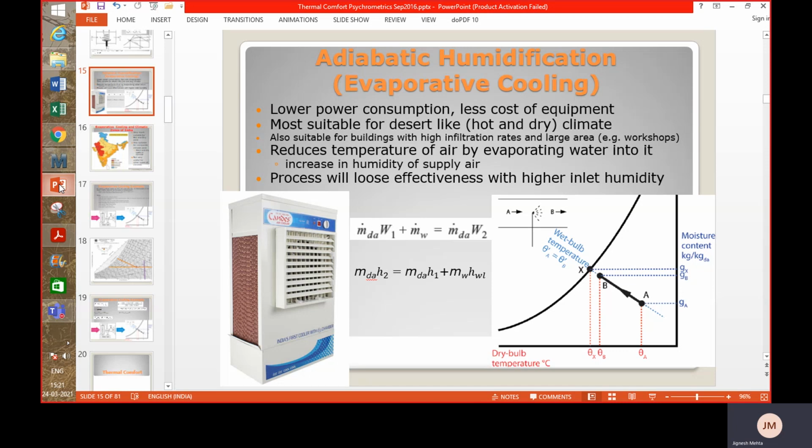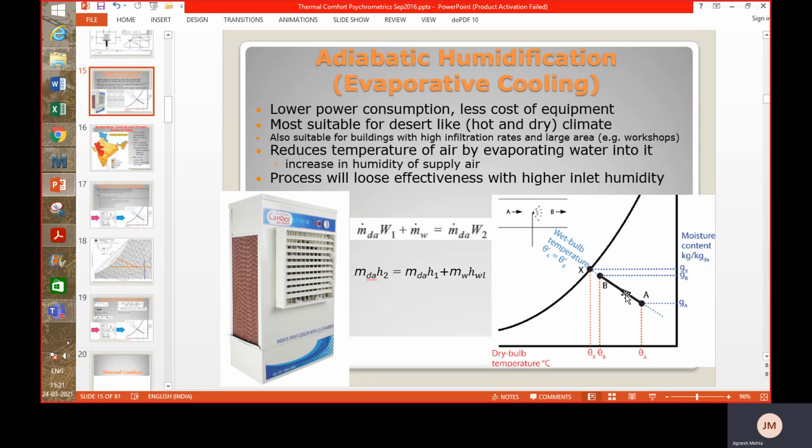In short, in this process, the humidification will be done adiabatically, or the process will move along the constant wet bulb temperature line, as it is shown on this psychrometric chart. Point A or point 1 could be the initial point, and it is passed over water sprays. Some part of water is evaporated and the temperature of the air goes down, but in this process the humidity content of the air increases because there is some evaporation of water into air.